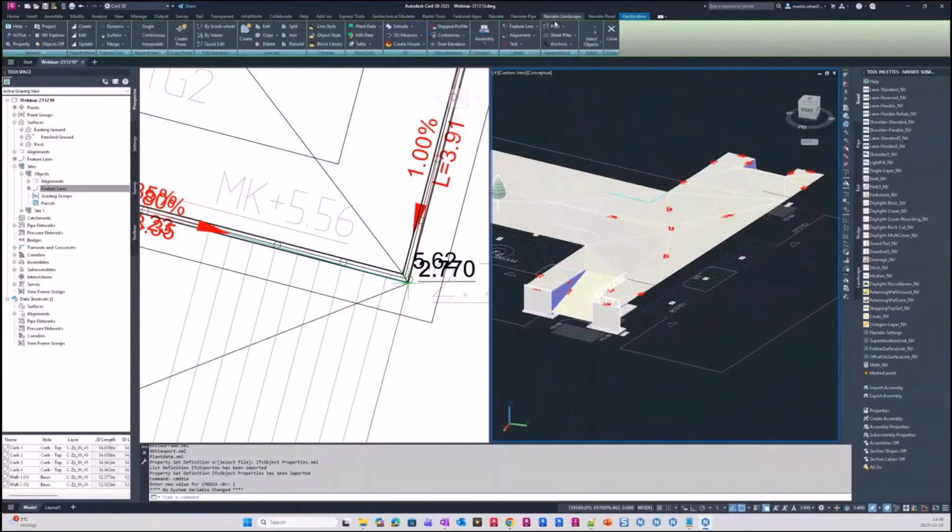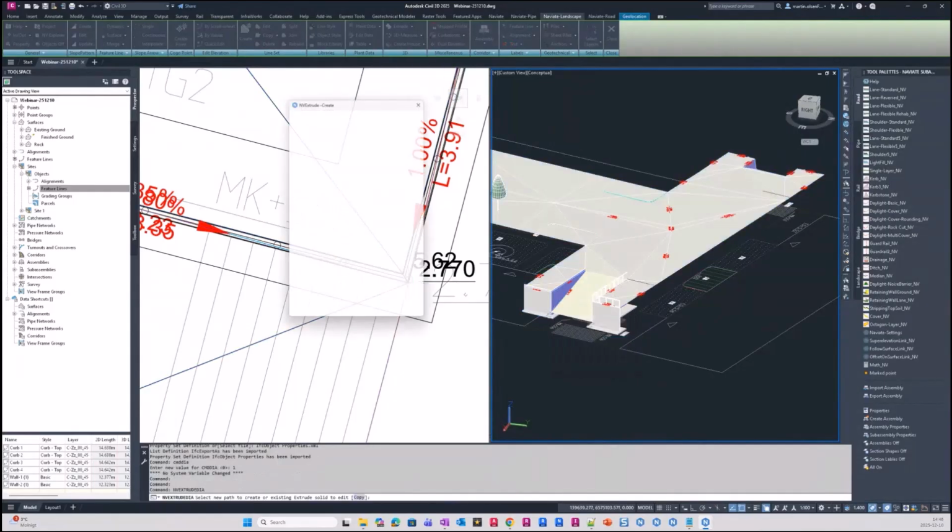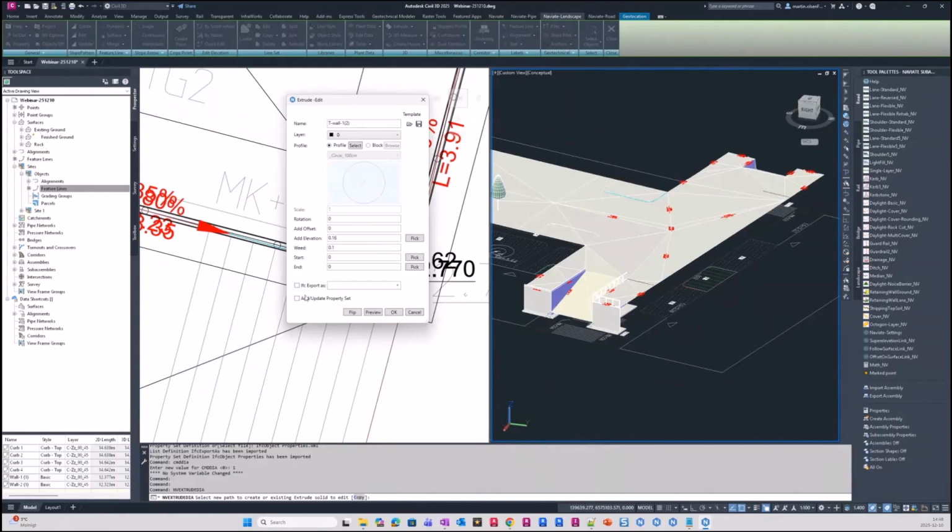So now if I run this extrude function again, see if I can add it to one of my existing retaining walls. We got this. If you remember, it was grayed out before. Now when I have done the import of the property sets, I can check this, and then I got a list